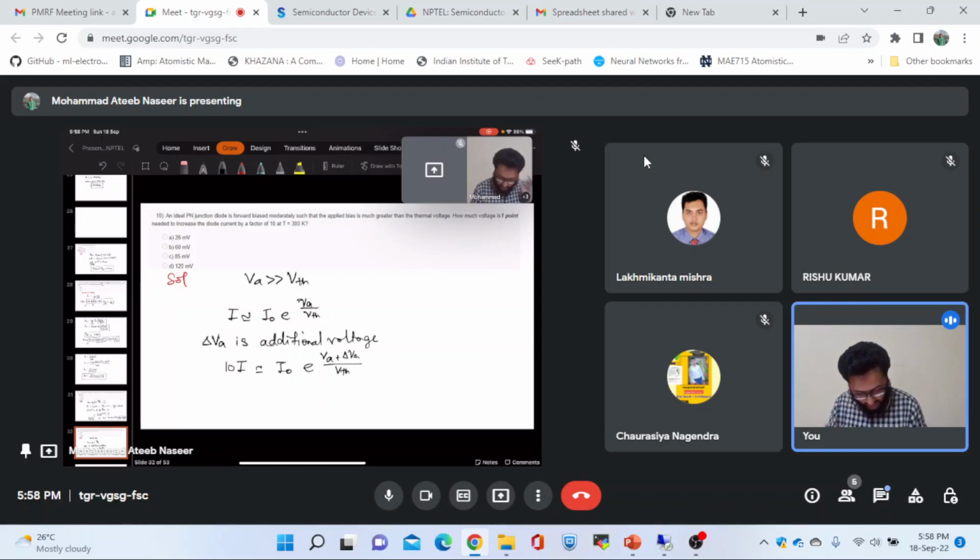So now we have two equations, and we can replace the I by this equation. It will give me 10 times I naught exponential of VA by VTH equal to I naught exponential of VA by VTH into exponential of delta VA by VTH. So these terms will cancel, and I will be left with ln of 10